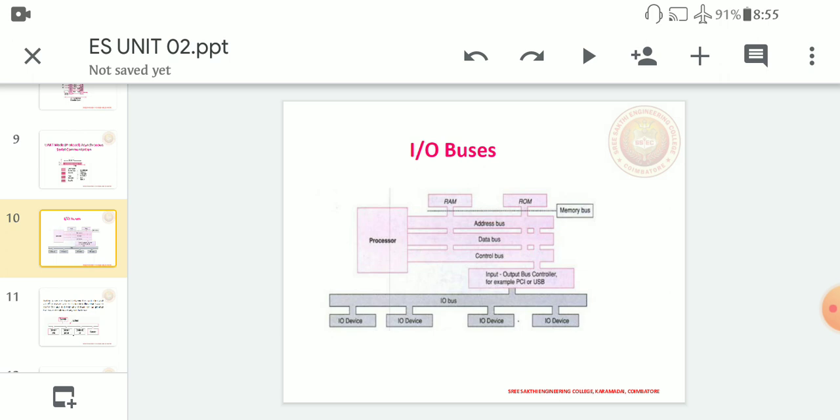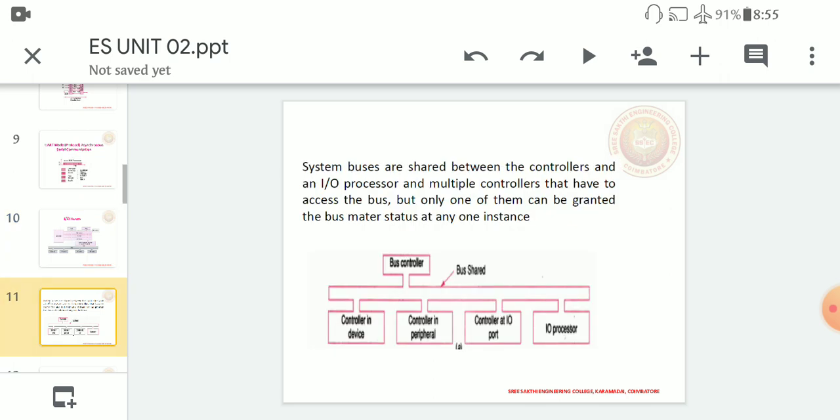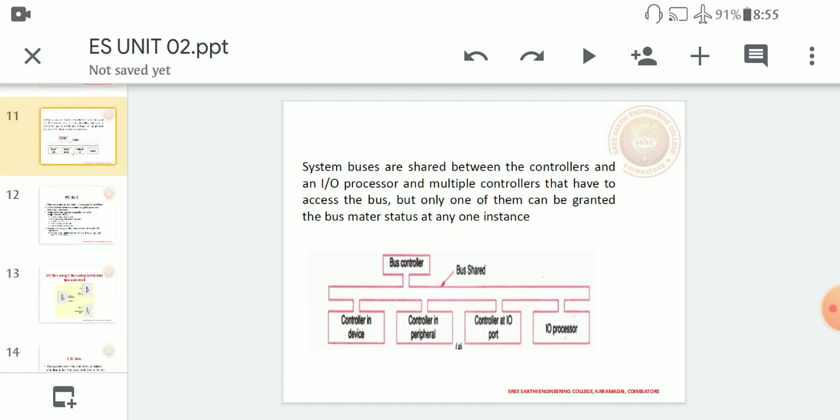This is where the diagram illustrates the input and output buses. The processor is the central part, and from the processor we go to memory, RAM and ROM. From RAM and ROM we go to the address, data and control buses, and finally these are accumulated in the memory buses. From the memory buses, input output interfaces may interface, and finally the buses will distribute the data to the various branches where it is needed. The bus controller distributes or shares the messages where they are needed.